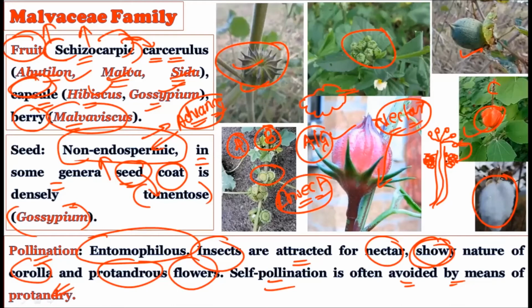But here the self pollination is completely avoided. And how do Malvaceae family members avoid self pollination? By using the method of protogyny. What happens in protogyny is that the stigmas are located at the very apex, at the upper side, while the anthers or pollen grains are located below it. So there will be very little chance that the same pollen grain will land on the same flower or the same stigma. If these pollen grains were present above the stigma, there would be maximum chances of landing on the same stigma.